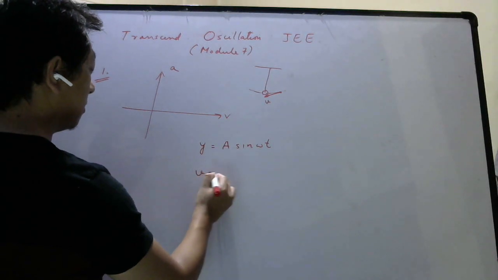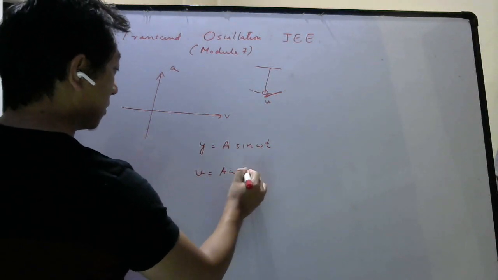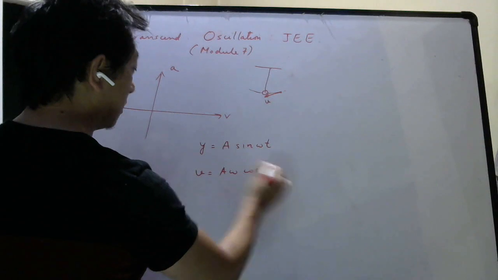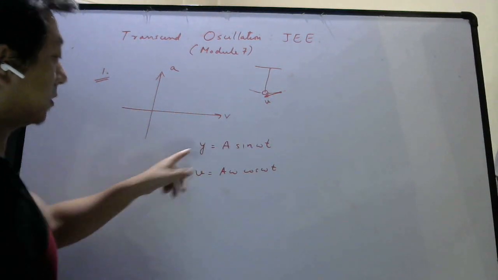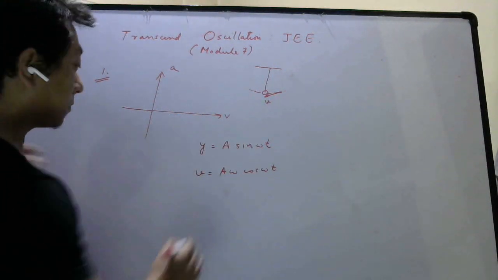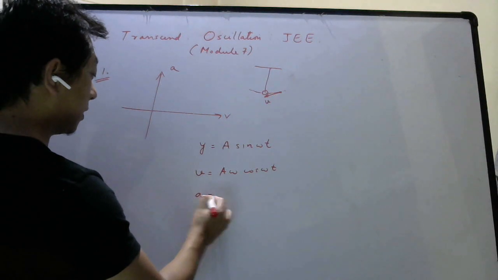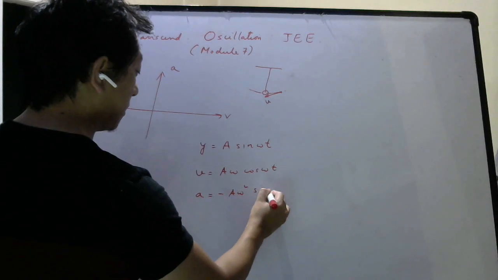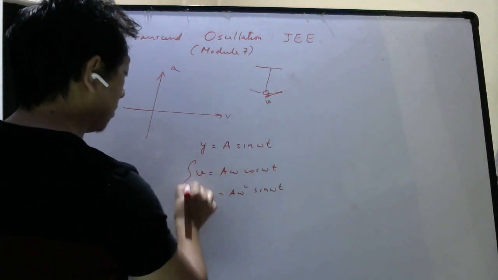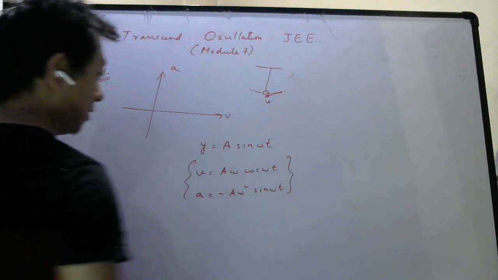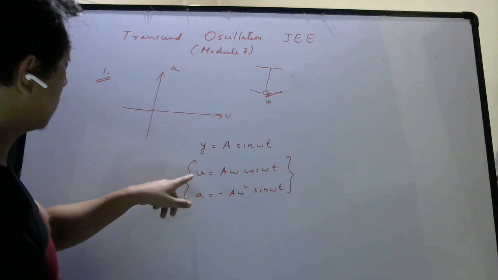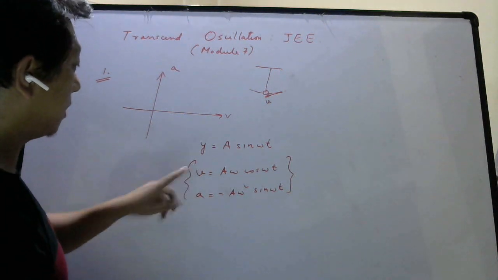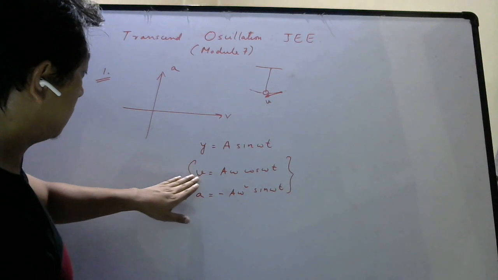So velocity will be what? A omega cos omega t. Take the derivative of displacement, you will get velocity. If you take one more derivative, you will get acceleration: minus A omega square sine omega t. In fact, these things you know from your board syllabus. So once you know the relation between v and a, this is velocity in terms of time,